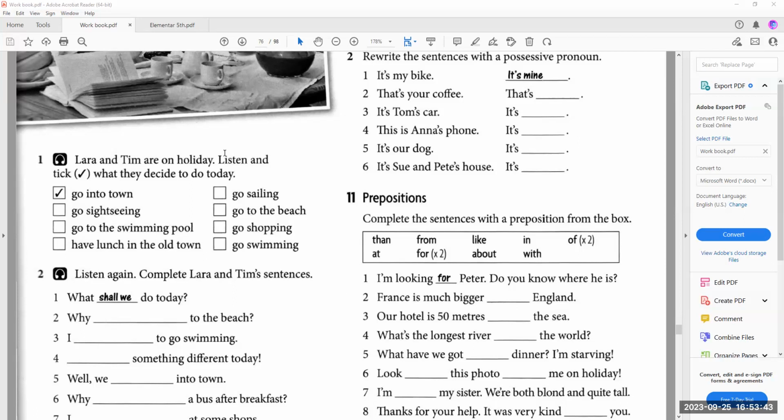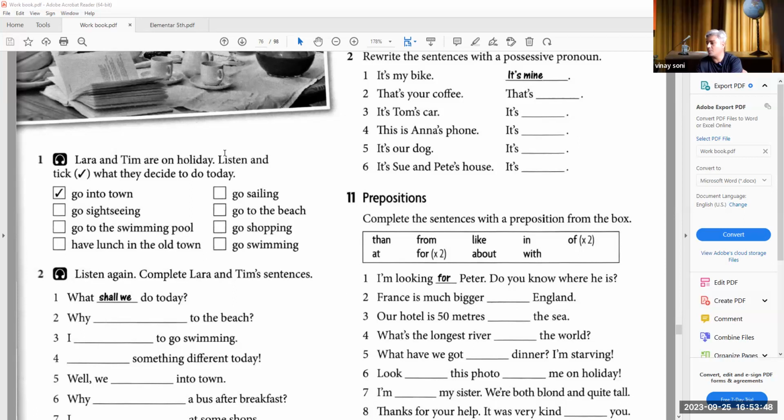Okay. I'd like to look at some shops. You know, women, they love shopping. Sometimes they don't want to buy anything, but they want to look at the shops, you know, window shopping, as we call it. Window shopping, you know, just looking at things from the outside. Sometimes you go inside as well, but you have no plans to buy anything. You just want to take a look. That's called window shopping. Okay. So she says, I could look at some shops.